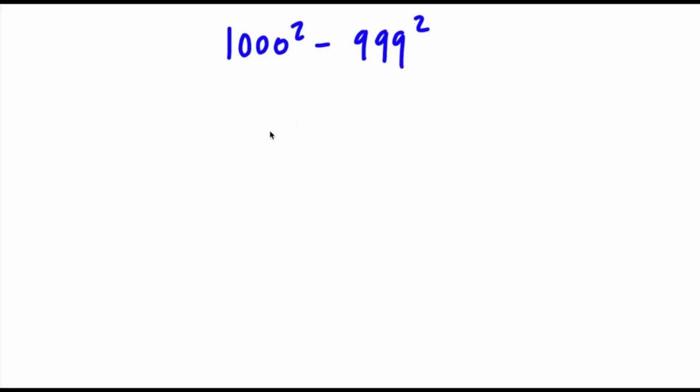Alright, so we have 1000 squared minus 999 squared. And I actually have two methods to solving this problem. So the first method